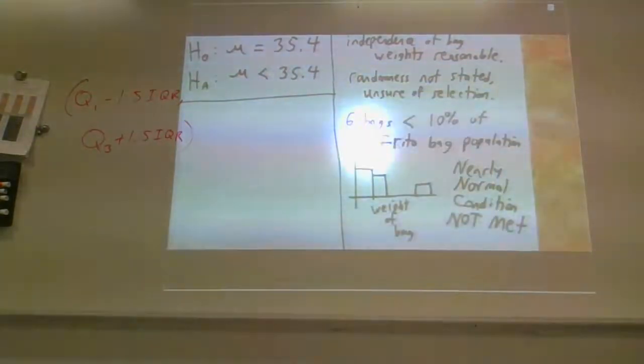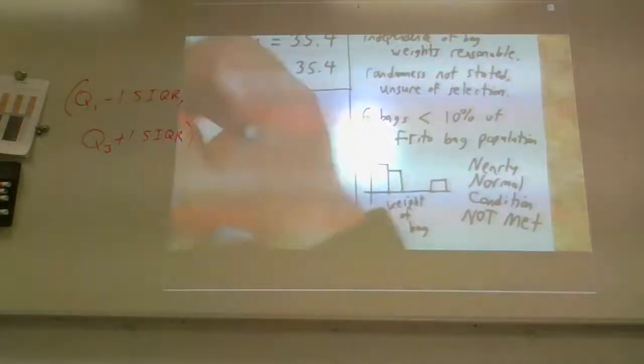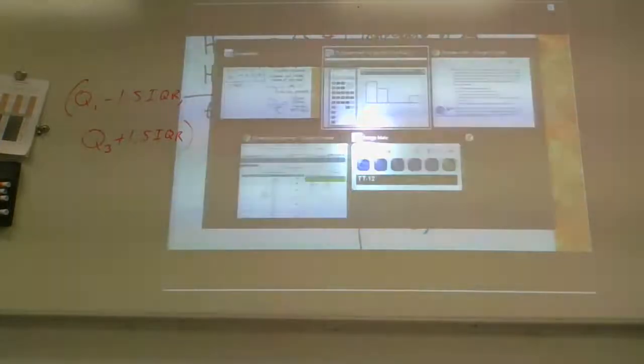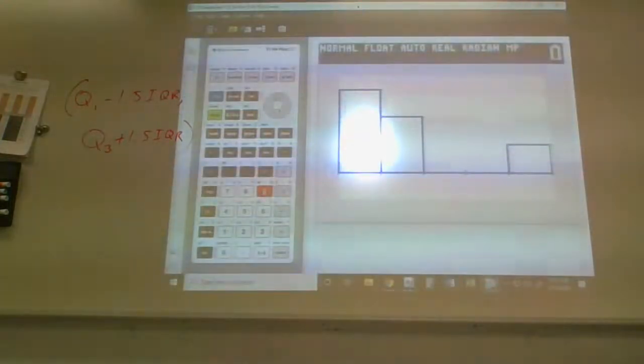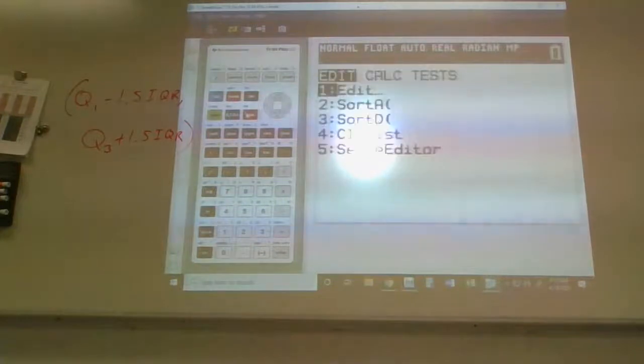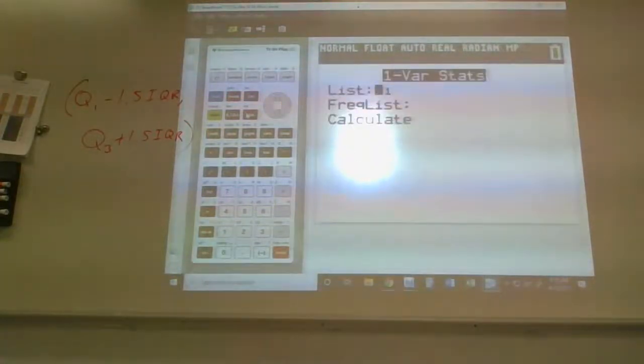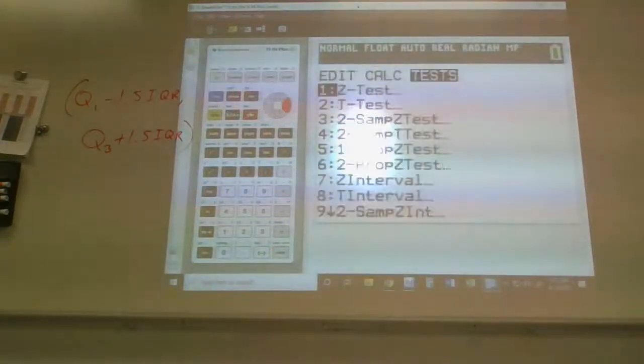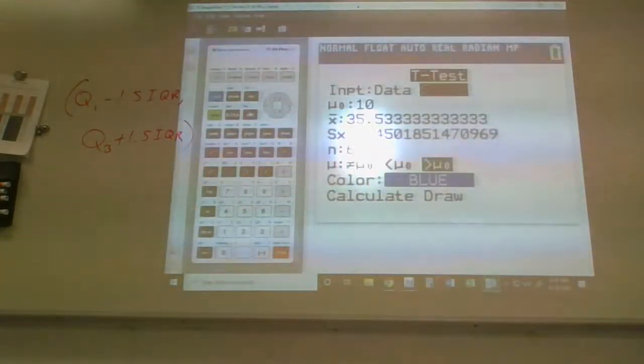So it does want me to run the hypothesis, so I am going to do that. Let's see. T-test with the following pieces of information. I'm going to need to run a 1var stat with all of that information there. What's nice about the 1var stat is that when you run it in the calculator, all of that data is automatically transferred over to the t-test. Stat, tests, boom. There's all the data that I need.